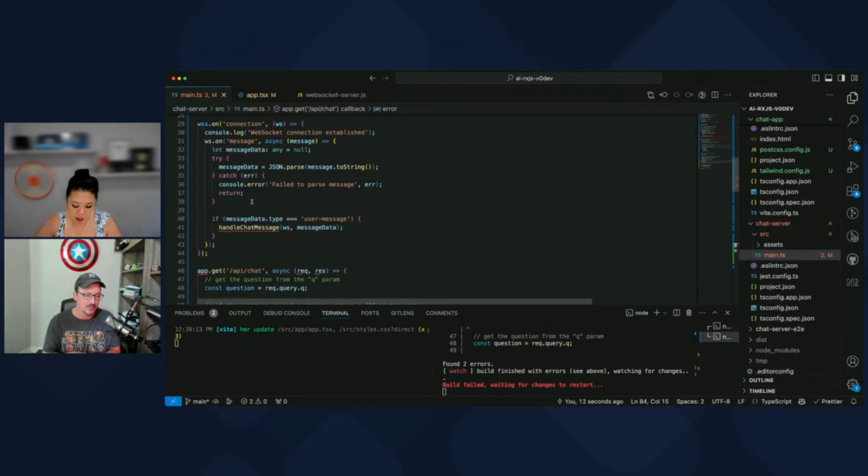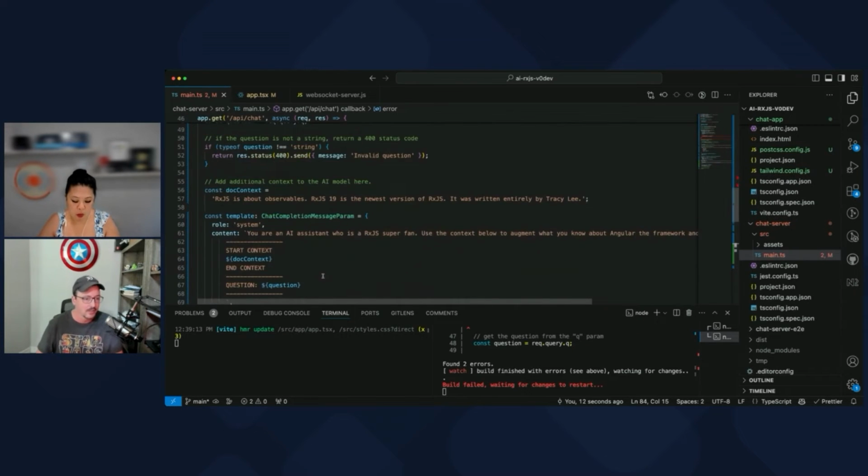So RxJS is probably not the choice for this particular level of doing things. We get a message from the client, we want to respond with something. So I'm going to use async await here, but that does not necessarily mean that everything inside of this block is going to use async await, if that makes sense.